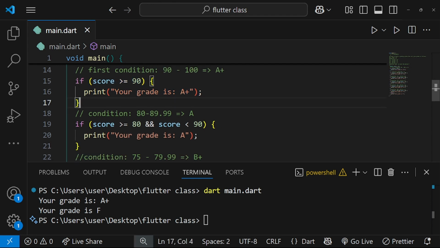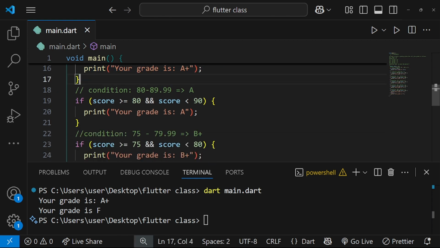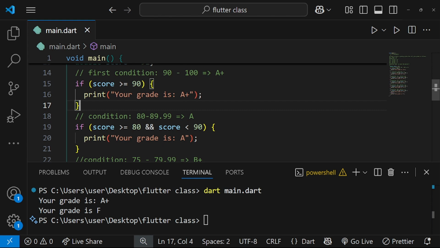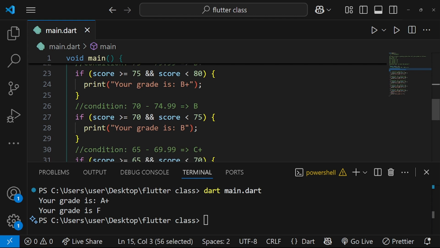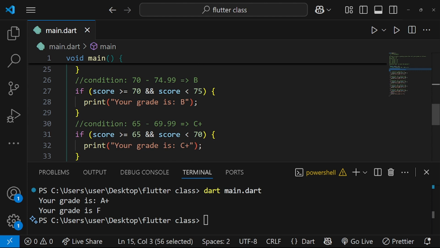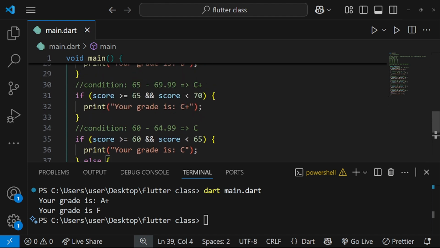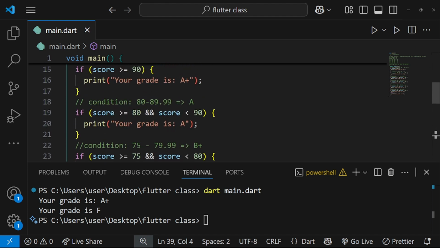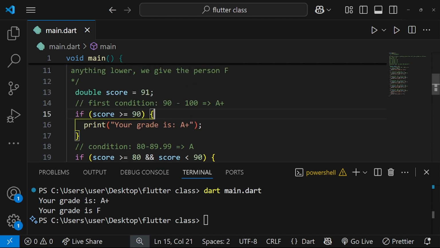Because all these ifs are separate, they are going to run independently, regardless of whether they are going to print or not. In the program that you have run, you just want to pick the appropriate one of them to run. But because you have done separate if, separate if, separate if, all of them are going to be tested. The system is going to check on them before you move to the next one. Among all these conditions, we just want the appropriate one to run, and that's all. So we need to modify the if conditions in such a way